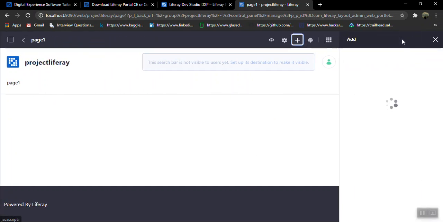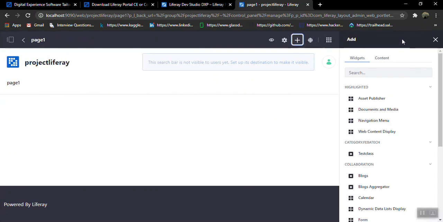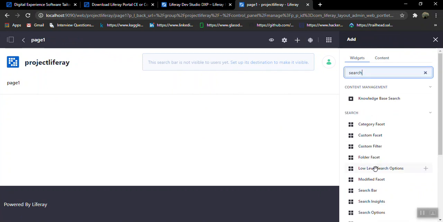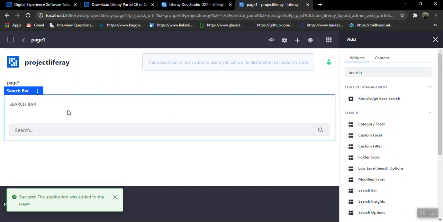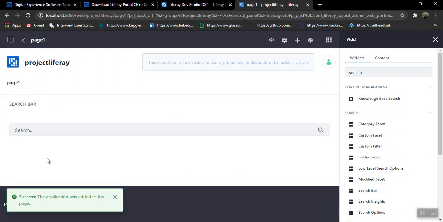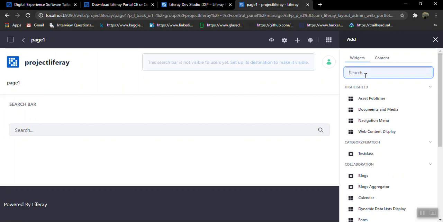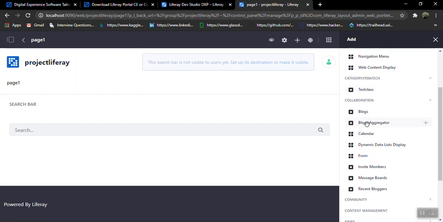Now I'll add some content to it. I'll add a search bar first. Yes, it is added successfully. I want to add another field, as we have so many here. Now I'll add some blocks. It's a drag and drop process.